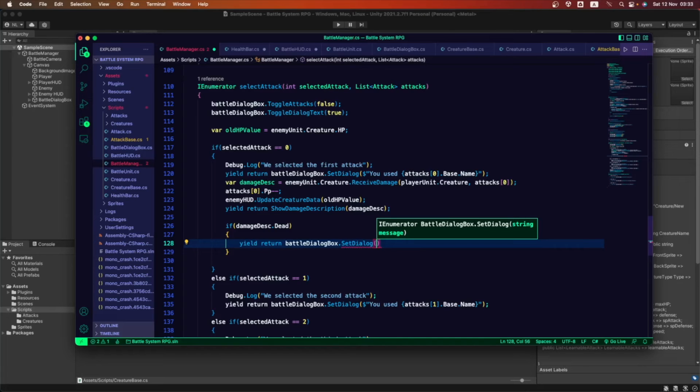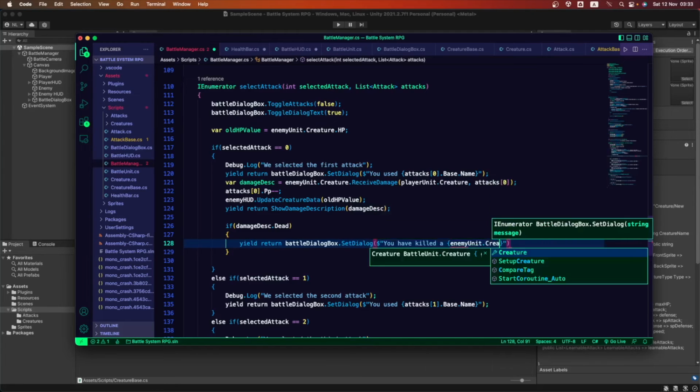Here we can say, this is going to be a dollar sign for string: you have killed, and let's open up curly brackets, and who are we killing? The enemy unit dot creature dot base dot name.